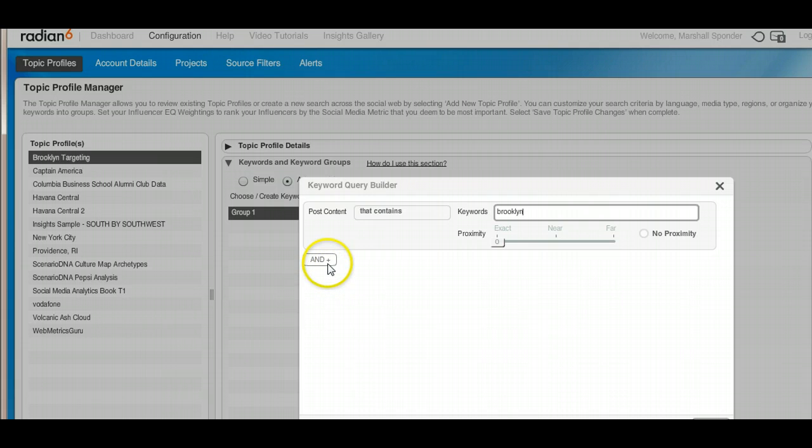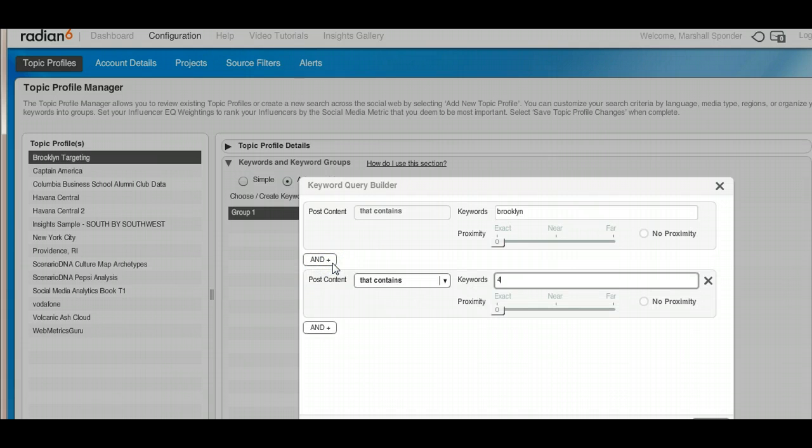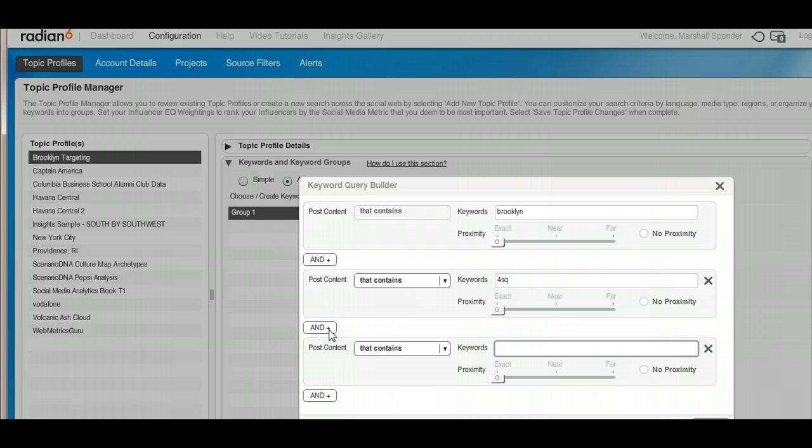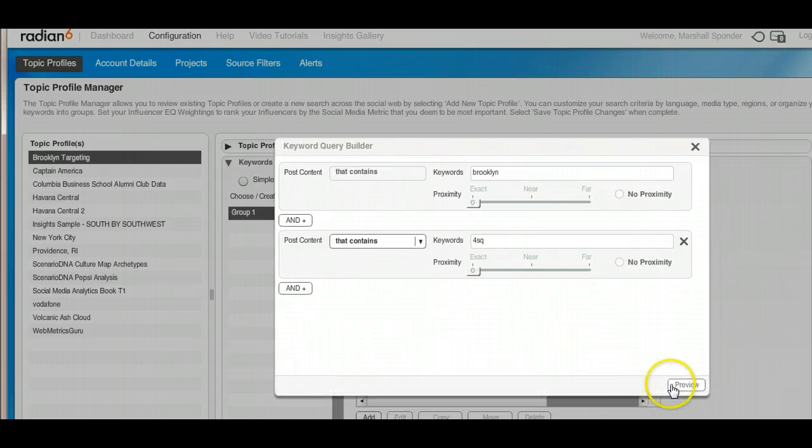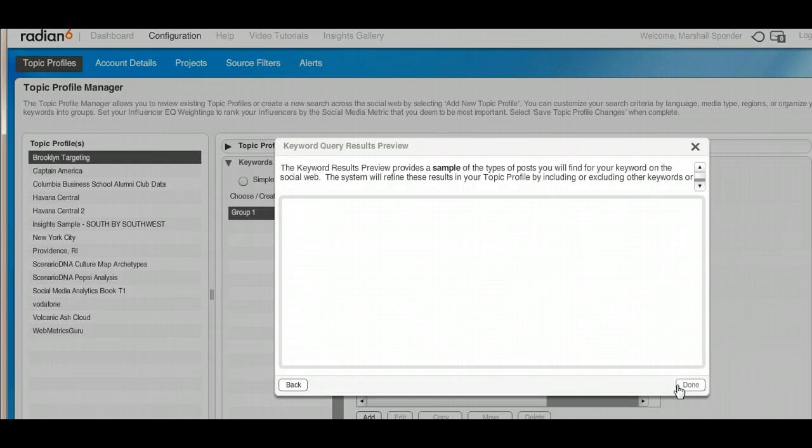And I'll also add Foursquare. And I'll also add books. Well, actually, maybe I don't want to add that. Maybe that's a little bit more than I want to do. This would be capturing check-ins. And actually, because this is the Insights platform, which is the newer Radian6 profile, it doesn't actually show the